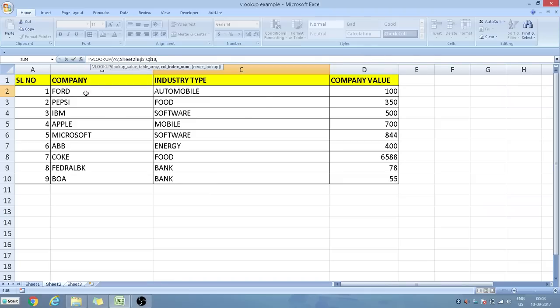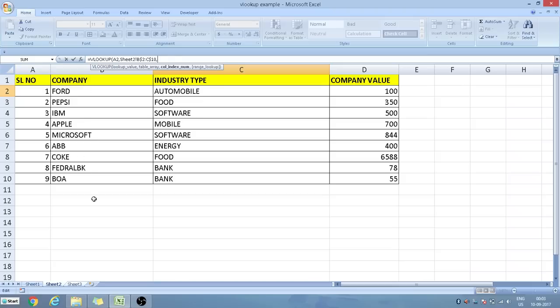So this temporary table starts from here from Ford and it ends here with bank. Okay. So see here from B2 to C10. So this is 2 and this is B from Ford. Okay. So this is for the temporary table.